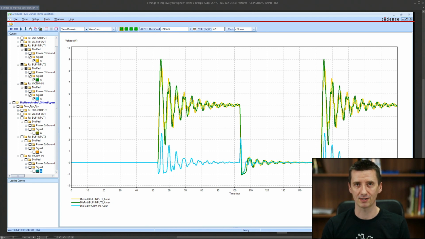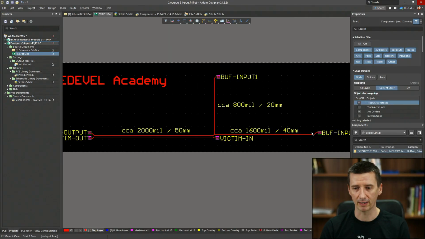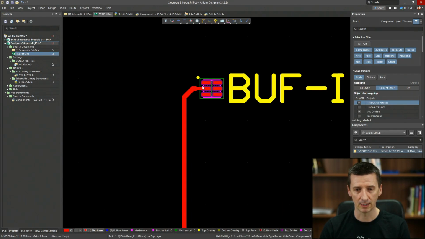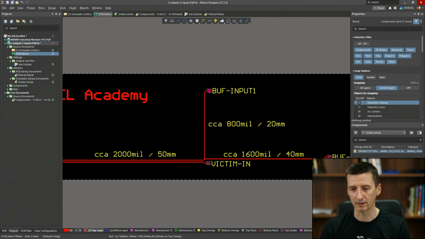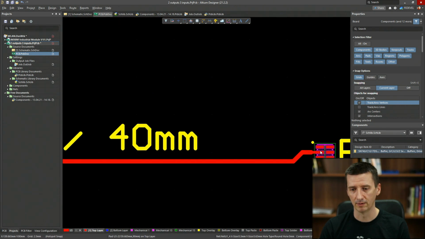Very noisy signals. Can you guess what is what? So these green and yellow signals are measured on the inputs of these buffers. So they are measured here and here.